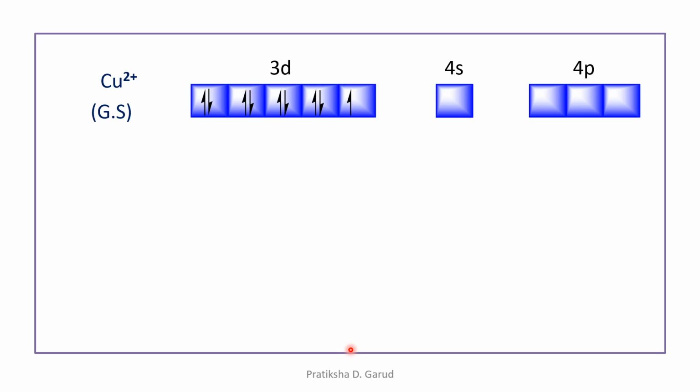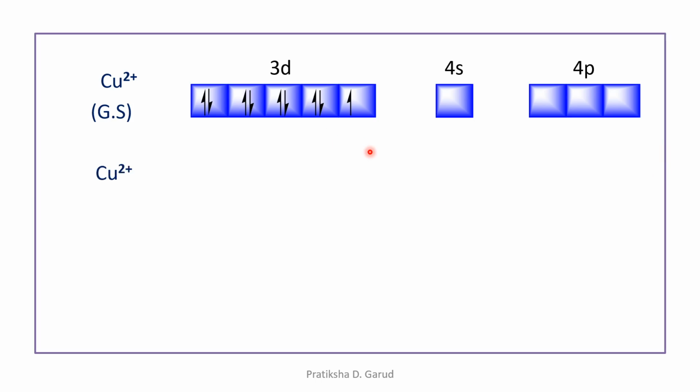Now for this complex ion, what is the hybridization? It shows the dsp2 type of hybridization. That means this 1d atomic orbital, 1s atomic orbital and the 2p atomic orbital should be vacant. Now here this 3d has one unpaired electron, that means this electron must be shifted somewhere else to make this vacant for the dsp2 type of hybridization.